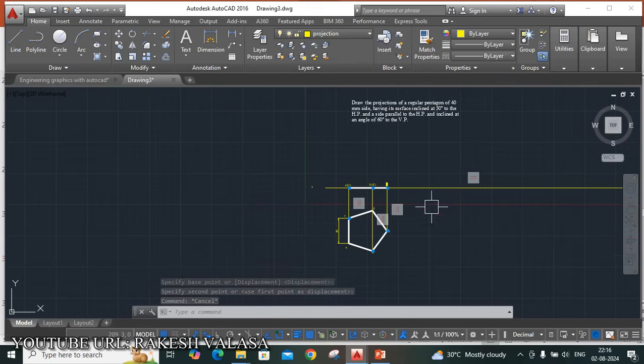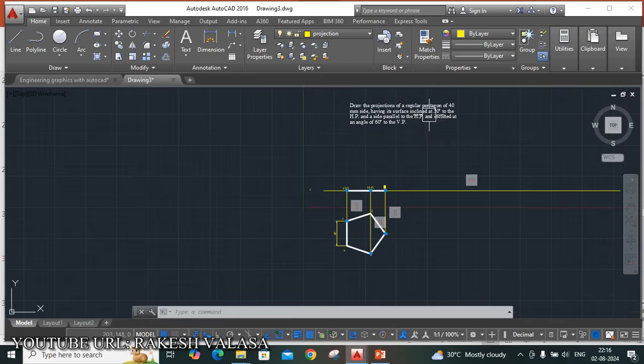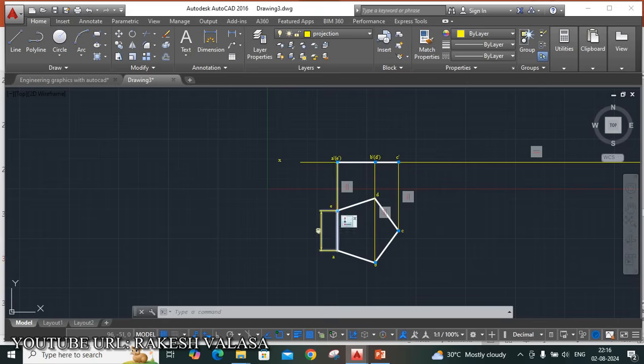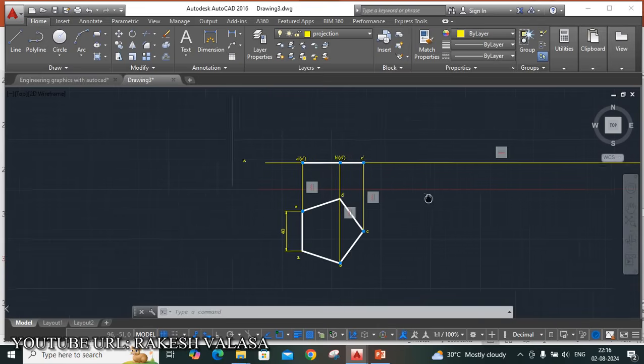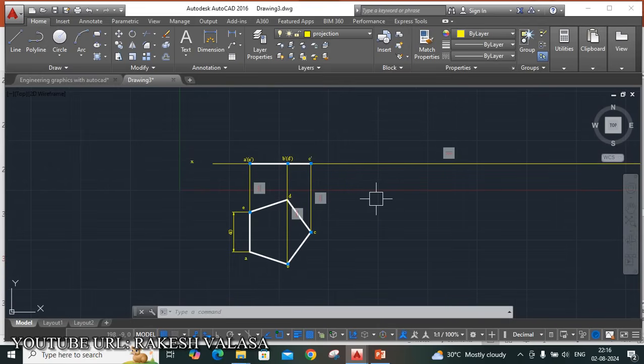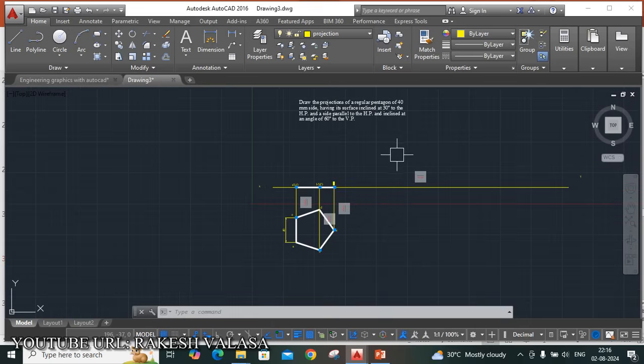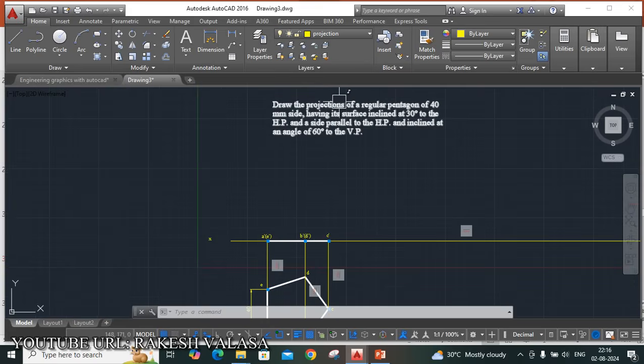The second step is, you can see here, he has given one condition that these edges should be parallel to HP. That means this edge is perpendicular to VP. Here below XY is the horizontal plane, above XY is the vertical plane. So this edge is parallel to HP and perpendicular to VP. The second condition is this entire surface makes an angle of 30 degrees to the HP.